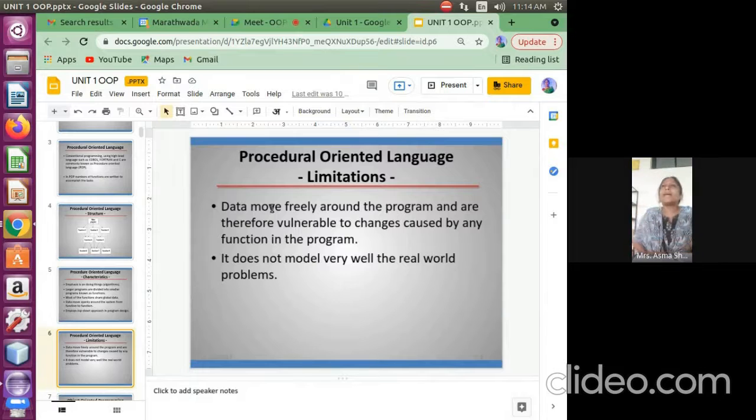So what exactly does it mean? Consider one example. I have shared a sheet with all of you, all these students. We now have 58 students. I share the link and here you have to write your details. It may be possible that any one of the students can delete other students' data. Why?